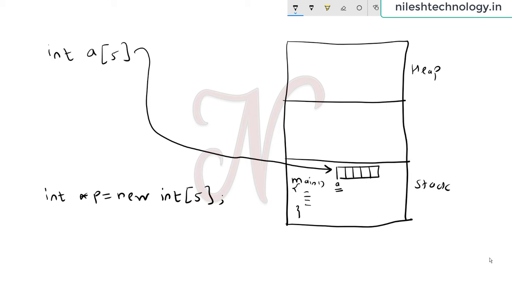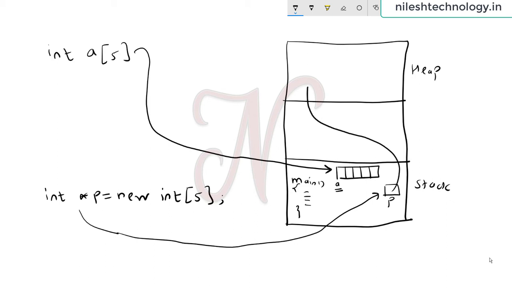By using this pointer, we store the first address in the stack p, and it is pointing to the heap memory area. So by using a pointer we store the array in the heap location of memory.